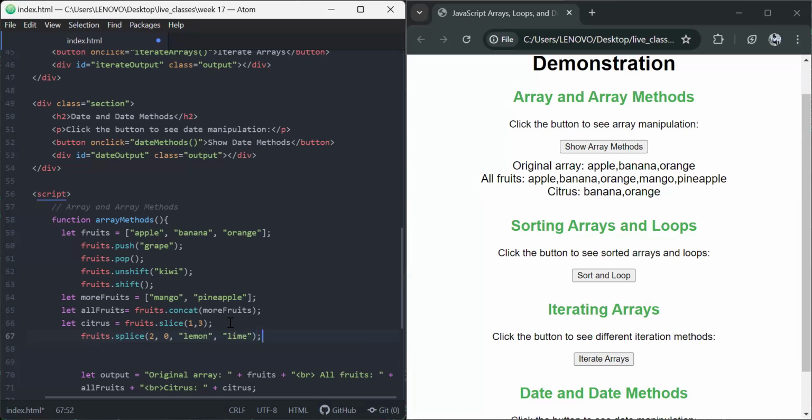Now, what the splice is going to do is add lemon and lime at index 2, as we've specified here. I'm going to save this, and we're going to see how this is going to output on the page. So if I refresh this,